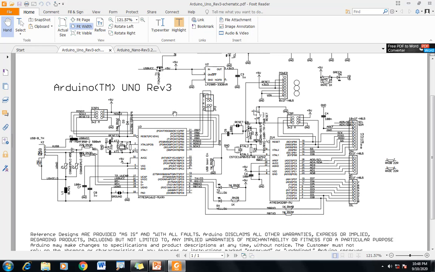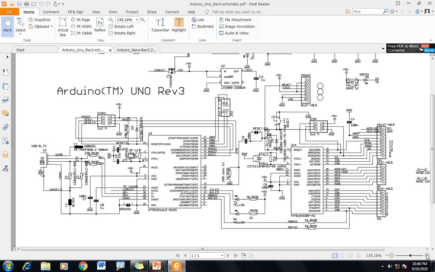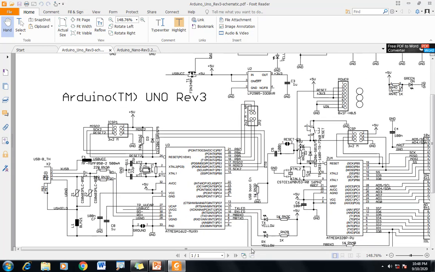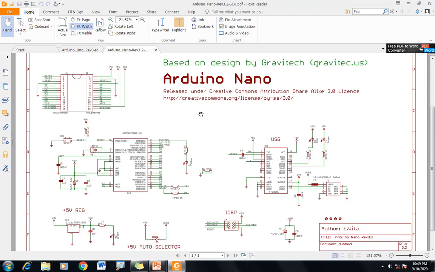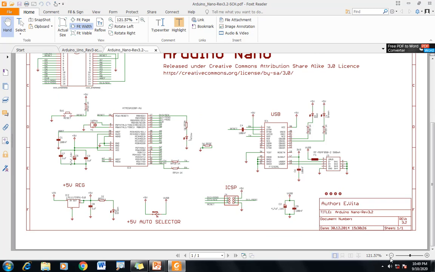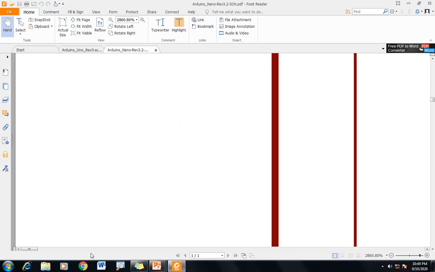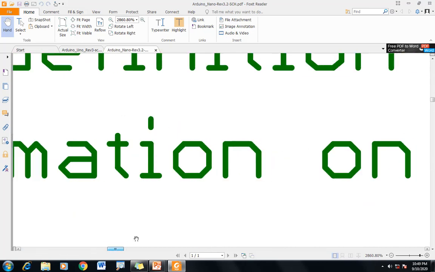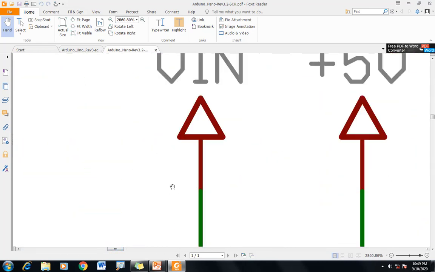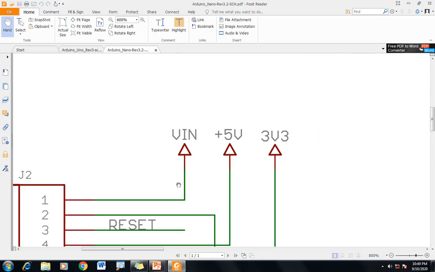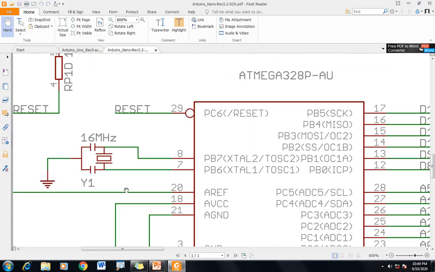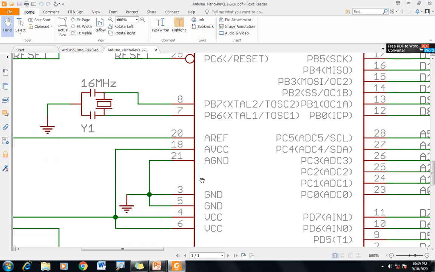Since we are working on Nano, let me take you directly to the Nano. In Nano we have a main IC, that is our Atmega 328P.